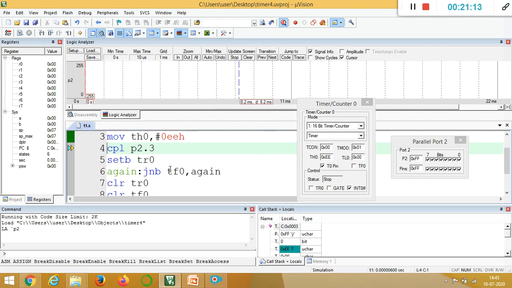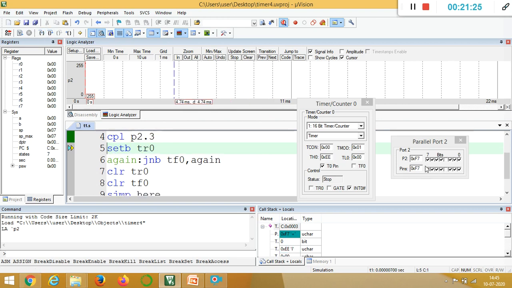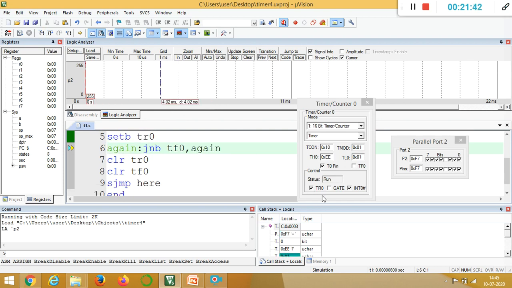Then you can see the toggling in the third bit of port 2. This is the 0th bit, first bit, second bit, third bit. Here the third bit is 1. Once I press the execution button, you can now see 0, so it is complemented. Now SETB TR0 means it will start the timer. Blank means it is stopped, tick mark means it is started. Here TR0 is 0, meaning it has not started. So now when I execute, you can see the tick mark in front of TR0, meaning the time counting